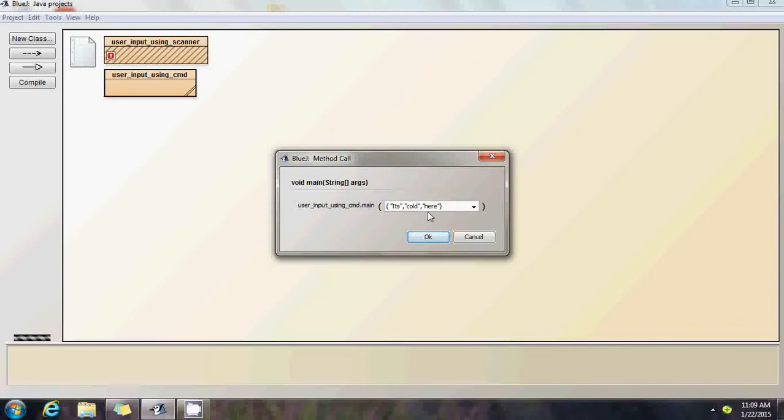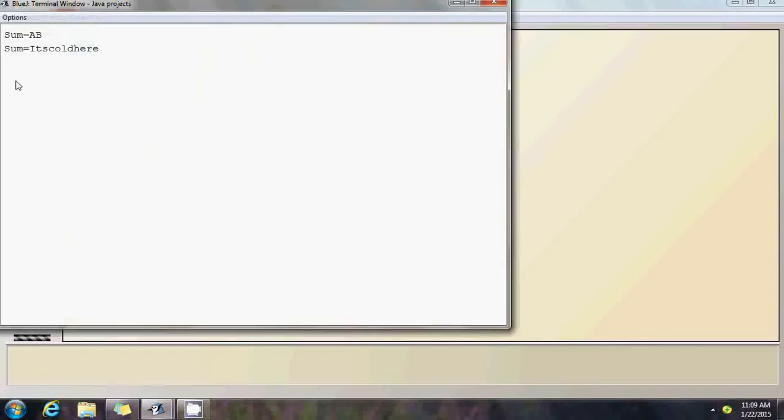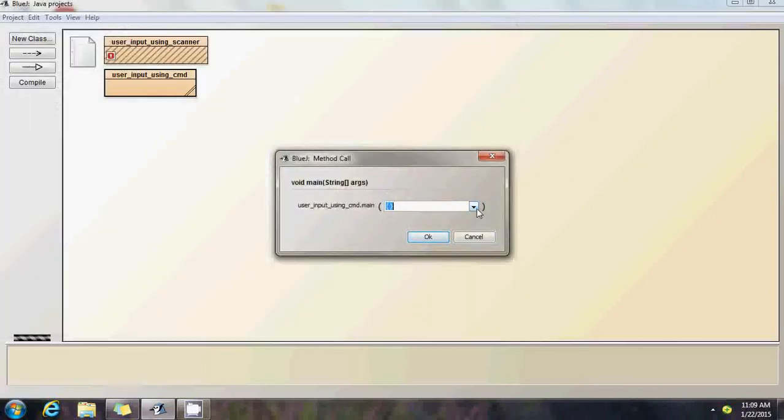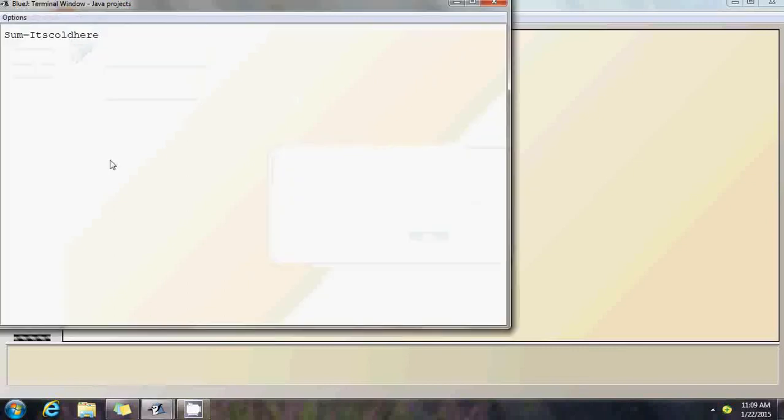It's cold here. Three different words which will be processed as three different arguments. See, it's cold here. Clear the previous output, close it, and rerun the program once again. See, it's cold here. So we basically saw how to pass integers as arguments to the main, and we